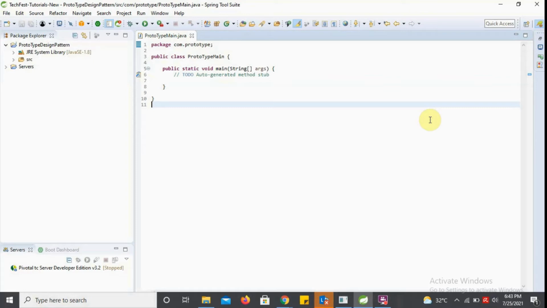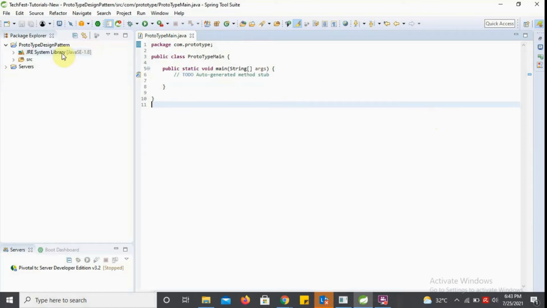No, in that case we will use the prototype design pattern to create a copy of it, because if we make a connection again with the database, fetch the employee data again, and then populate that data into a model object, it is a heavy process, and also time consuming and resource consuming. So to avoid such a condition, we use the prototype design pattern. I'll take a simple example. Now we will go with the implementation part.